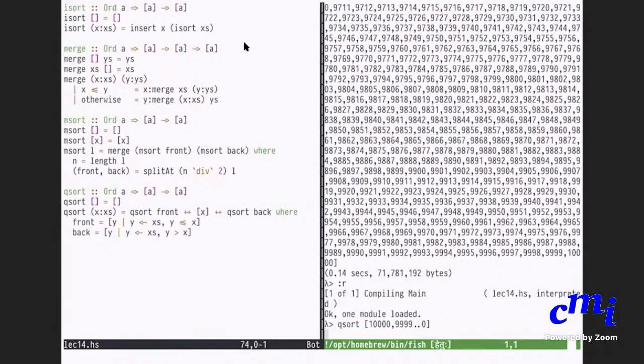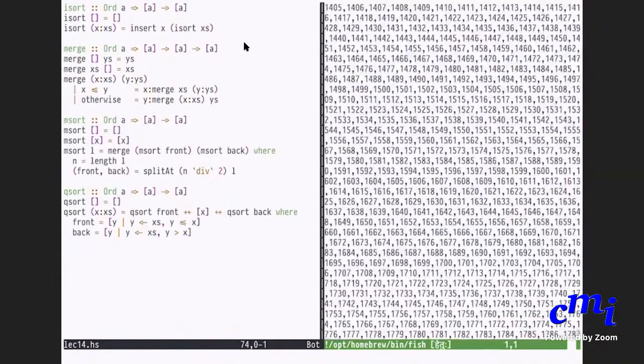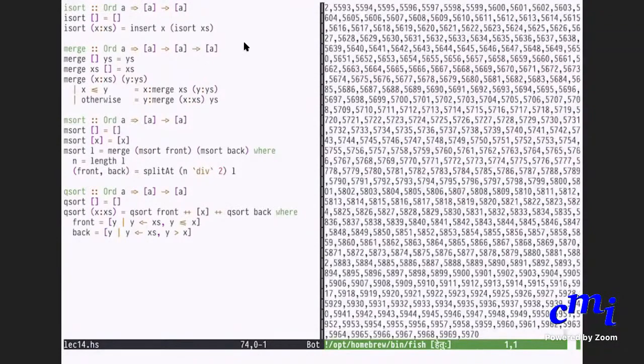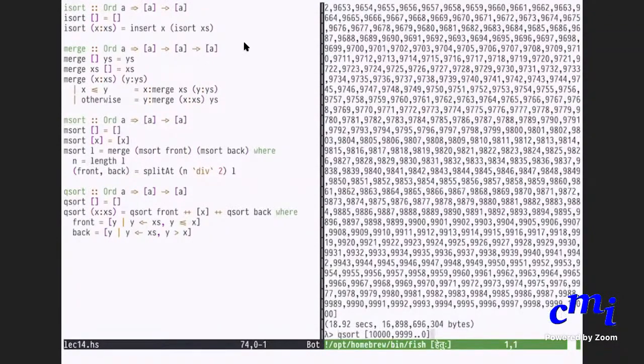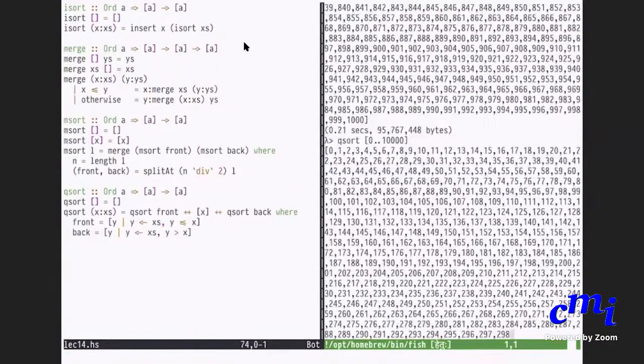Yes, and now Romit, ask your question about the code. I was saying, if the input list is already sorted, won't it make an infinite loop? No, it won't. That is the point. It will just do some empty work, but it will still produce a result. Why did you think it will go into an infinite loop?